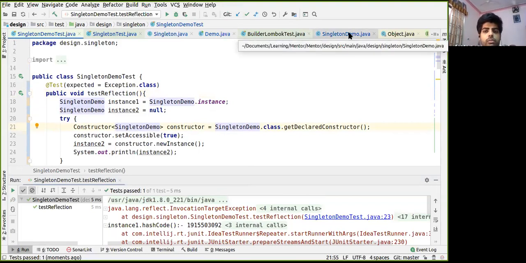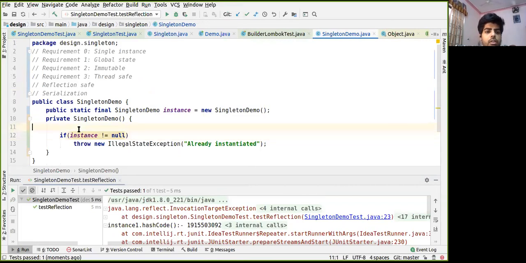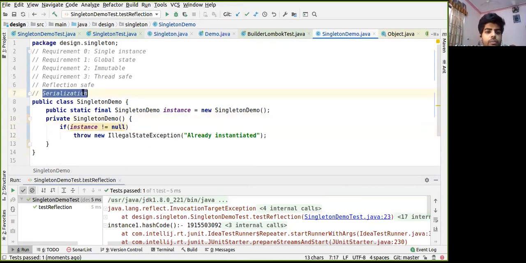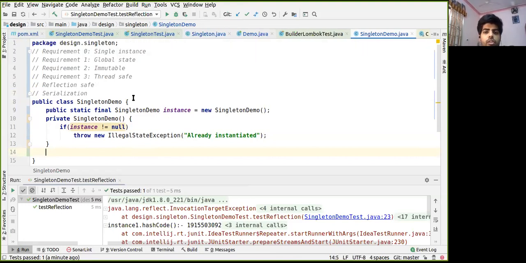All right. So now how do we make it serialization safe? Serializable is a marker interface, as you would already know. It does not have any method to show at compile time, but at runtime it uses some methods that are implemented from the JDK machinery itself. There is one such method used at the time of deserialization, called readResolve.